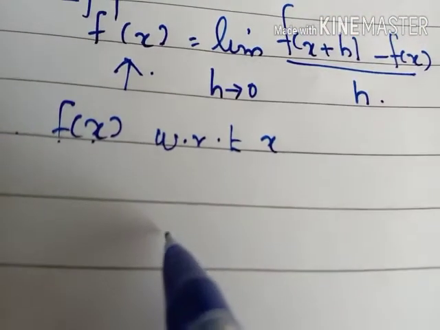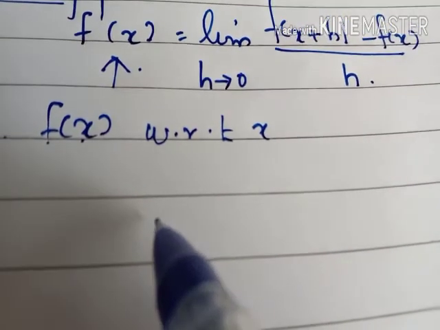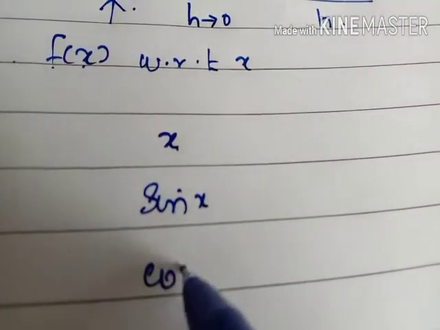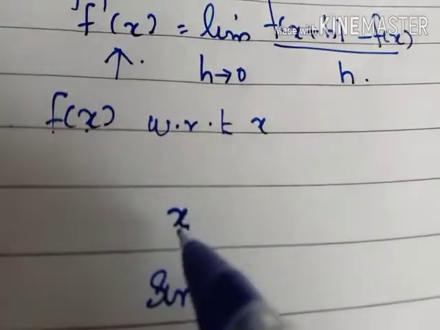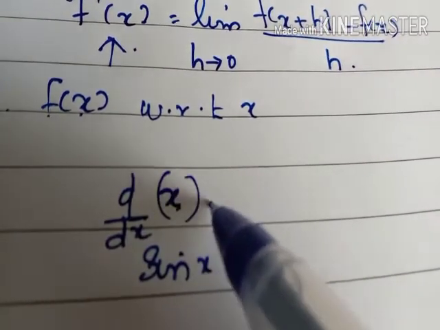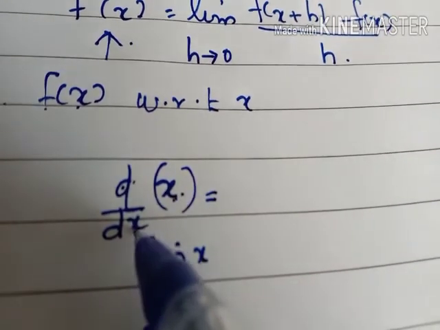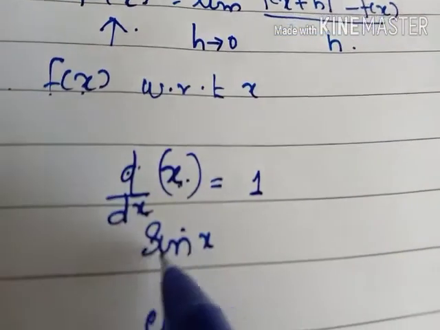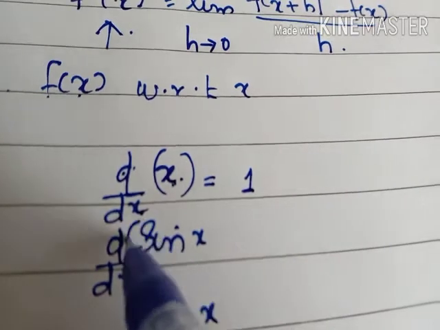So just recall, in class plus 1 we learned derivatives of functions like x, sin x, cos x, e raised to x, log x, etc. So the derivative of x with respect to x can be written as d by dx of x. Okay, d by dx means derivative with respect to the variable x, and we learned the derivative of x is 1, and the derivative of sin x, that is d by dx of sin x,